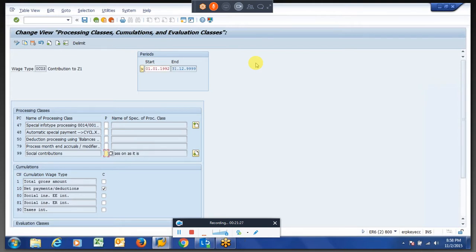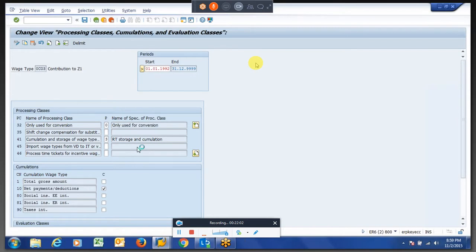I think many people understand what a processing class is and what we have to specify. For all the standard processing classes, there are already SAP standard PCRs written for those processing classes and their specifications. So you have to know the PCR we are writing according to the specification.